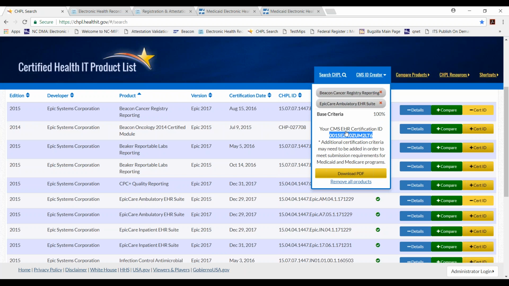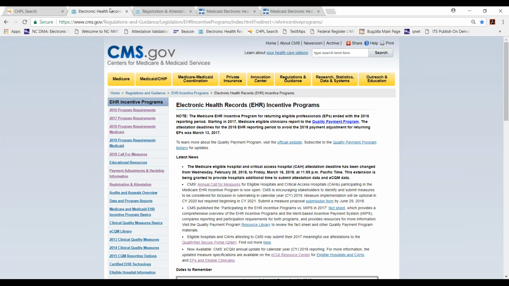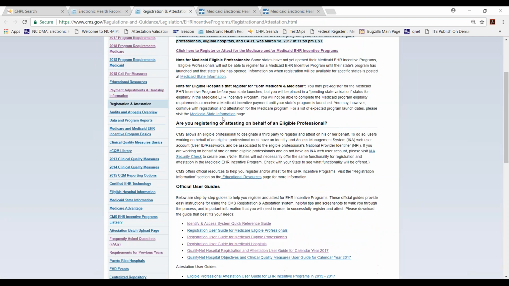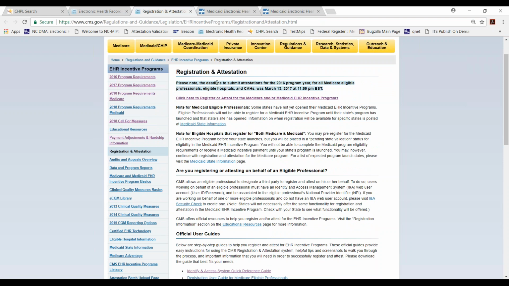So once I have this number, I'm going to head over to CMS's RNA system and update that information on their system. I obviously don't have an account with CMS, so I can't walk you through this update in real time, but I can show you how to get where you need to be. So I'm going to head over to the Registration and Attestation system. You can access that through CMS's EHR Incentive Program website. And going through there,